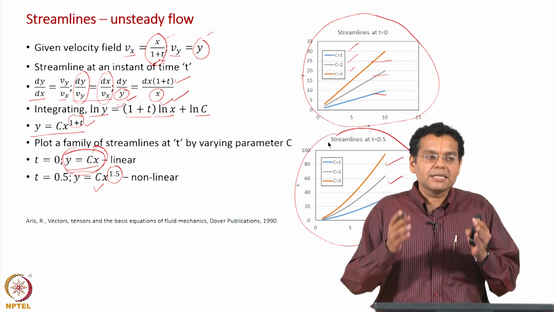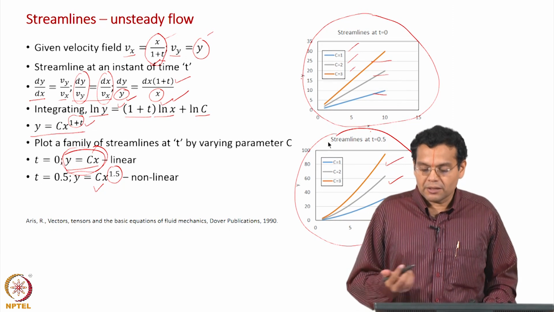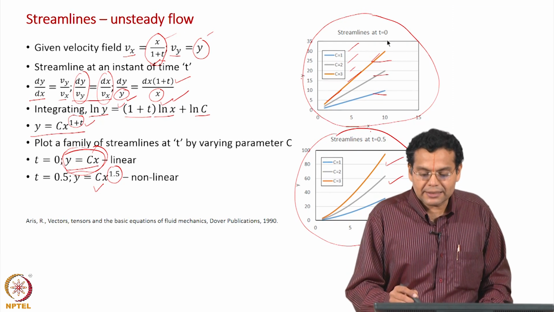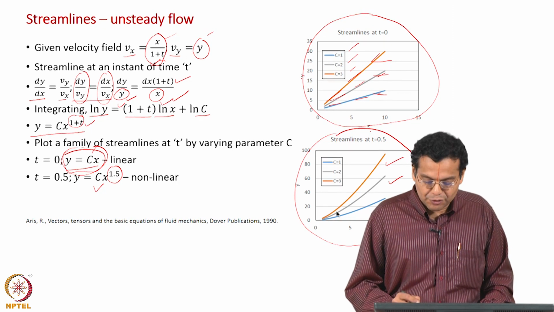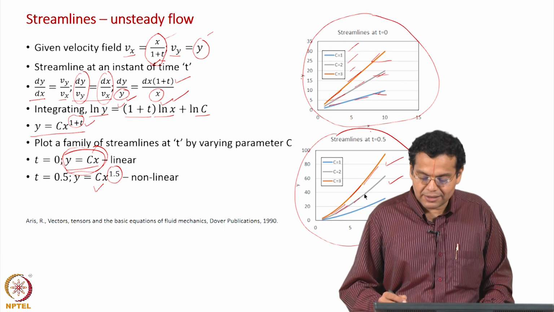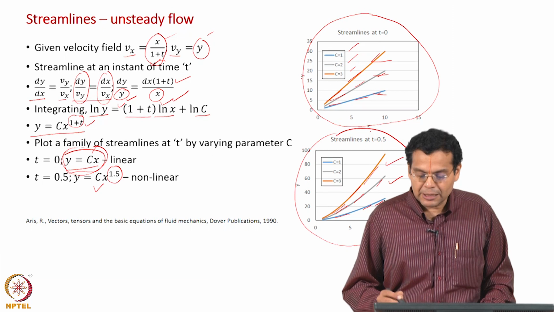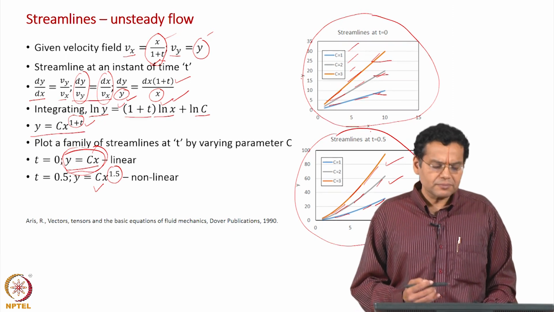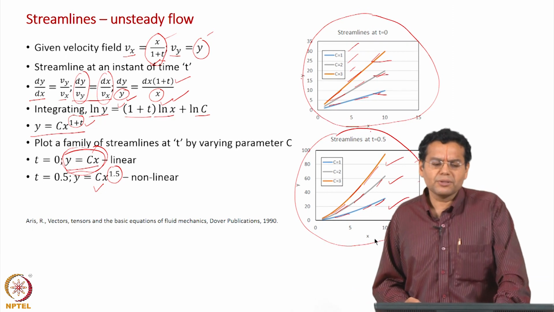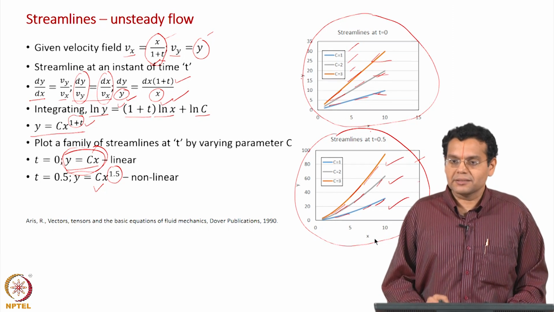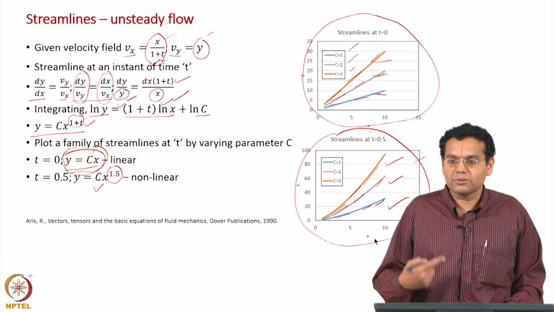That is why we say streamlines are instantaneous. Now, if you draw tangents to these, of course in the first case they are all straight lines, you will get the velocity over the entire region. And now if you draw tangents, of course these are curves, along all these curves at different locations, you will get the velocity vector in the entire region. Okay. So, a very good example to illustrate that streamlines are instantaneous flow patterns and they change from time instant to time instant.